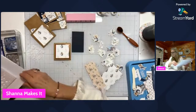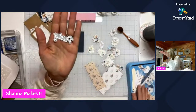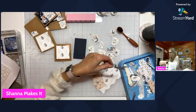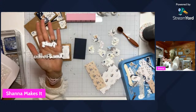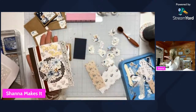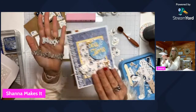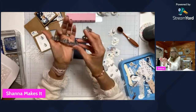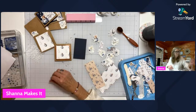And then you got the dies, which you got Party and Time for Tea, which I had. Oh, and here it is. And so you've got that. You've got Party and Time for Tea. So you can do party time like that, the party time, if you can see that right there. And then you could do tea time, which I've done tea time on this one. Or you could do tea party or party time, you could do whatever with it. And then you got 12 inches of